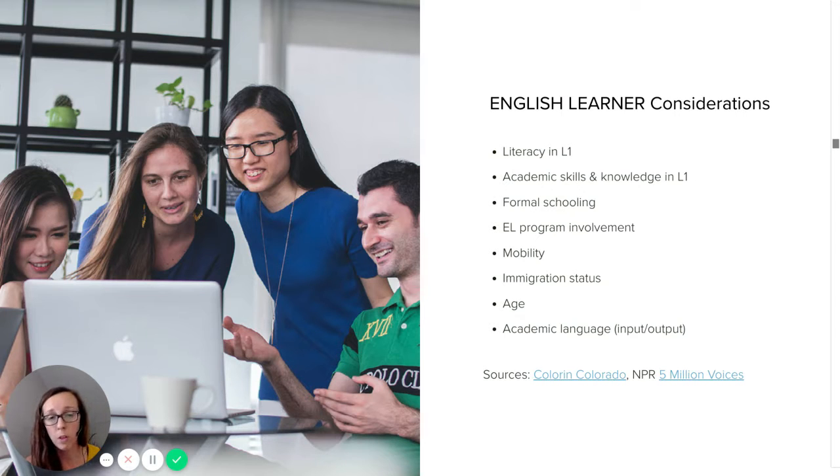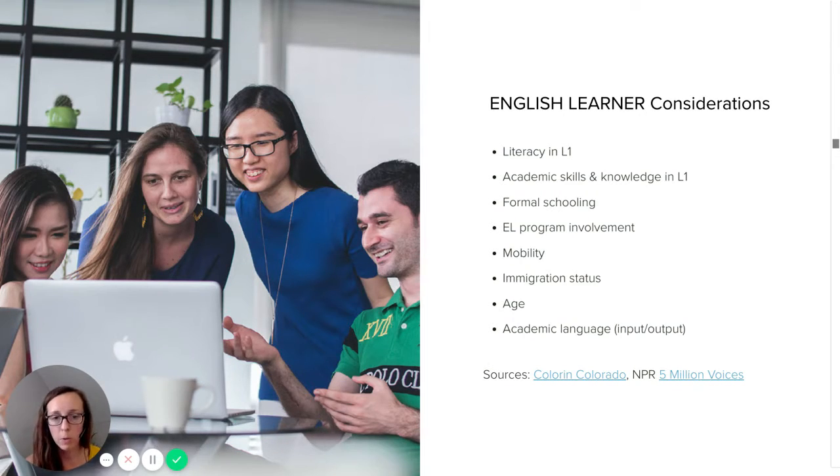Of course, moving around a lot can also include interrupted EL, English Learner Program involvement and support. So not only might they have gaps in academic understanding, but also in English language proficiency. Some students continue to move around a lot, of course, and so wanting to be really supportive of the students while we have them. Also acknowledging that some of our students might not be documented immigrants and some of their families might not have proper documentation, which can lead to some really unsettling feelings and feelings of insecurity or of being scared, especially related to the police and other things.